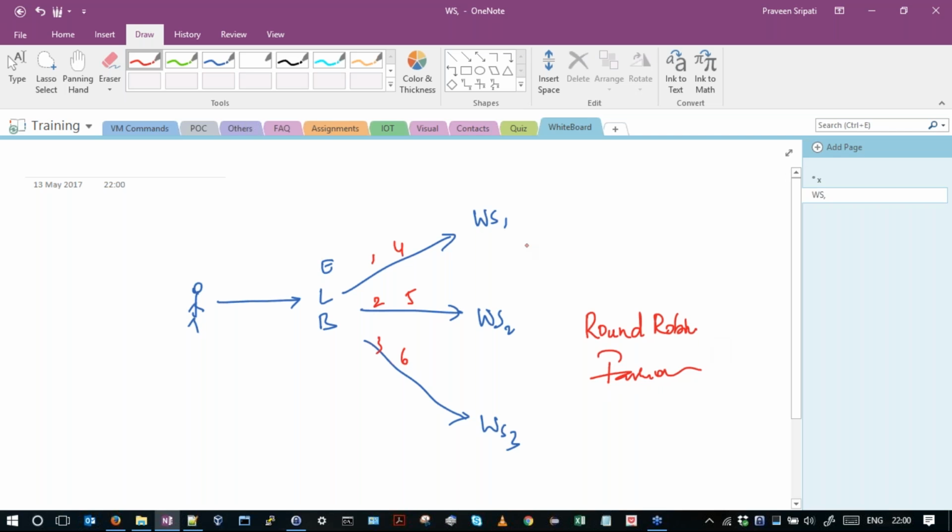Today what we'll do is create two web servers, and then we'll create an Elastic Load Balancer, and on the web servers we'll create a simple web page. Then we'll see that the load balancer will send the request in a round robin fashion across the two web servers. So that's what we'll see today.